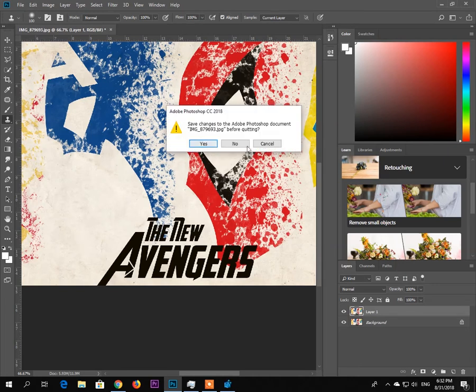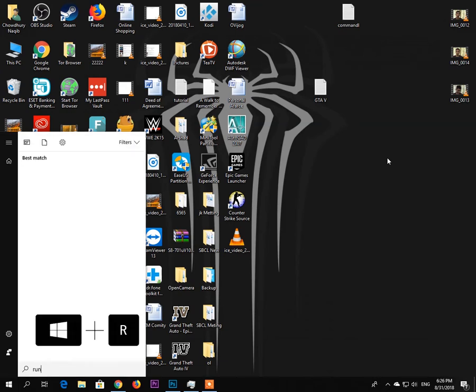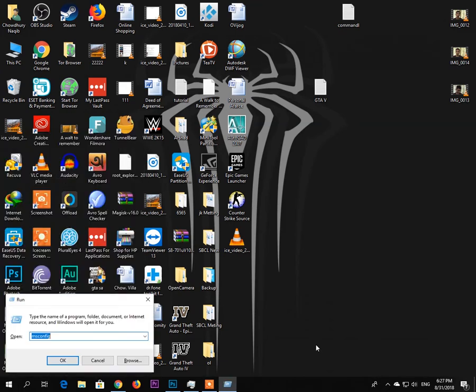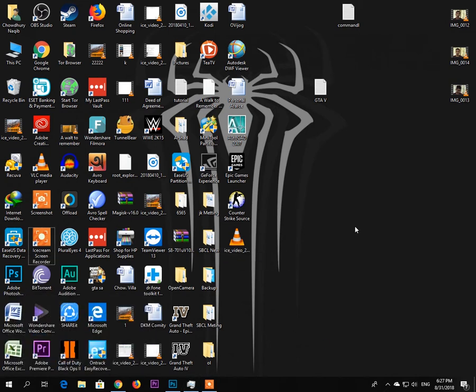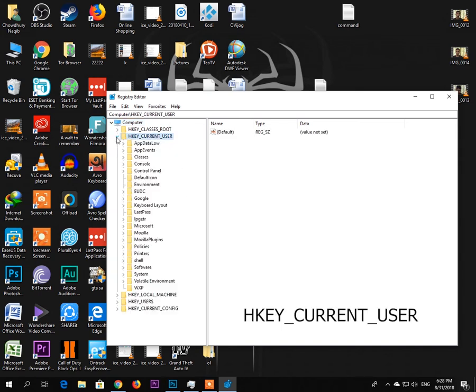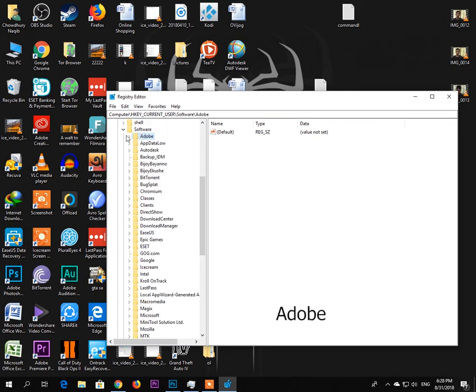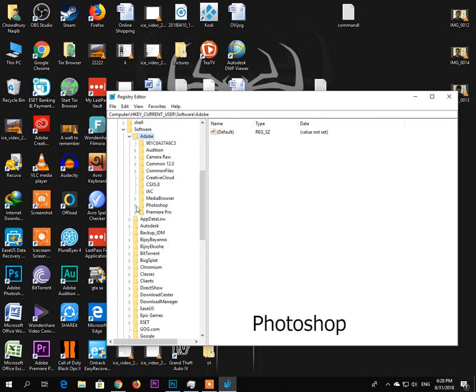So to fix that, what you have to do is first you have to close Photoshop. Then now in Windows search for run, or you can press Windows button and R, type regedit and press on OK. Then you have to go in the second option, which is HKEY_CURRENT_USER, and in there when you expand that, go on software, and in there you have to go on Adobe. From there, Photoshop